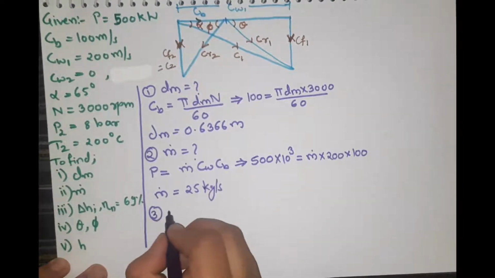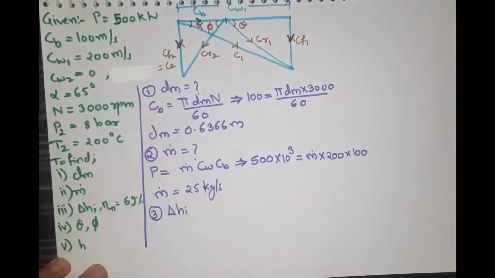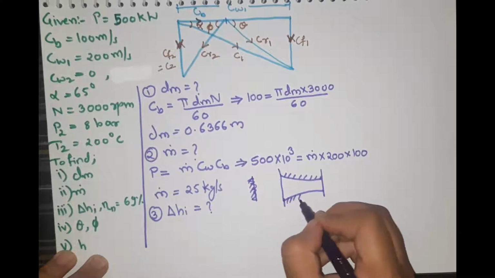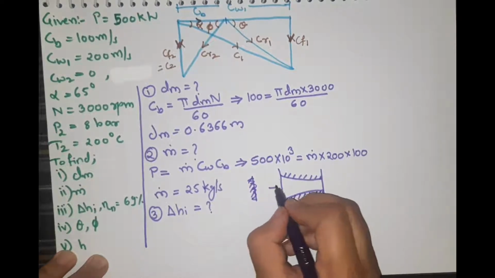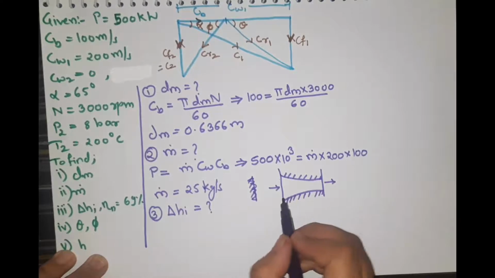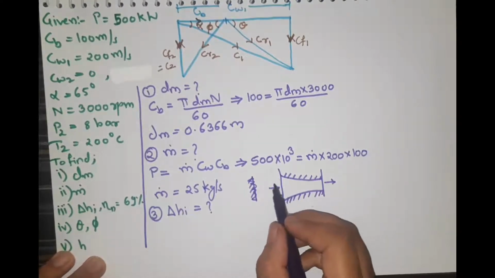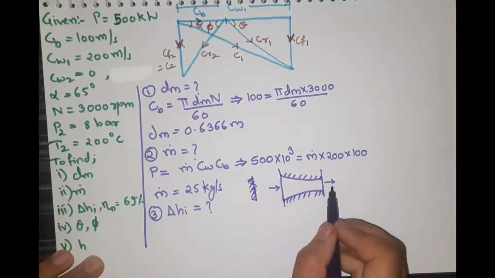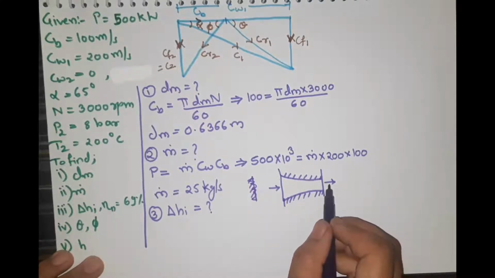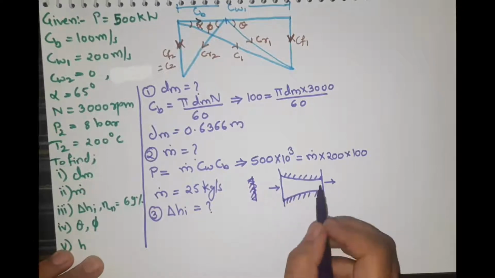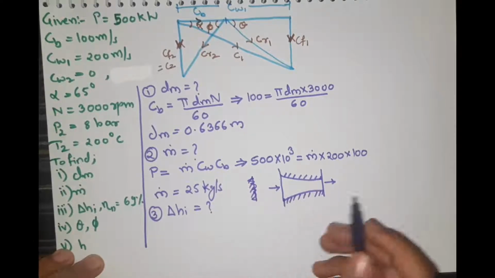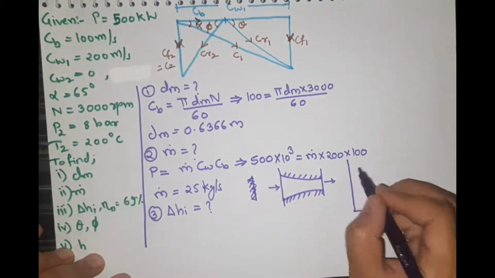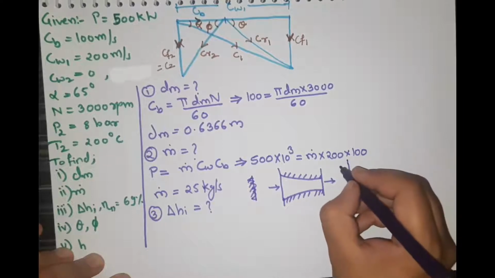Now let's go for the next one, that is isentropic enthalpy drop. So let's say this is the nozzle which is insulated, and it is expected that the steam which is having a high pressure passes through this nozzle, and the pressure will be converted into kinetic energy, with a change in the enthalpy. So that is what is known as the isentropic process. If we draw that isentropic process